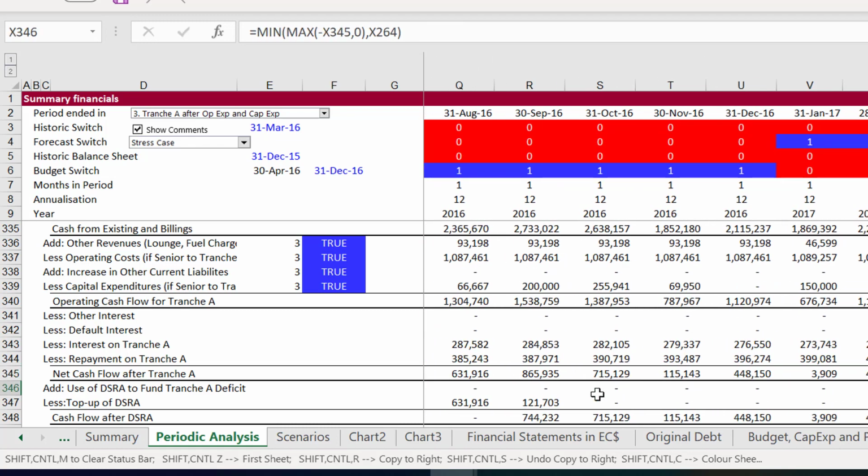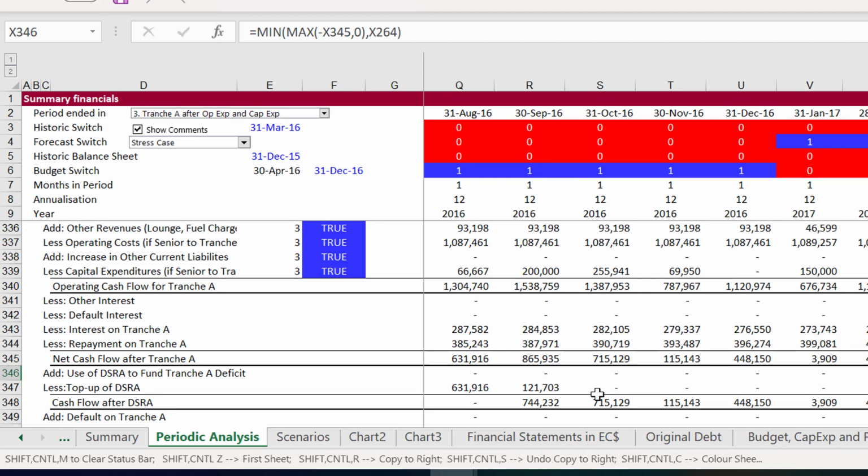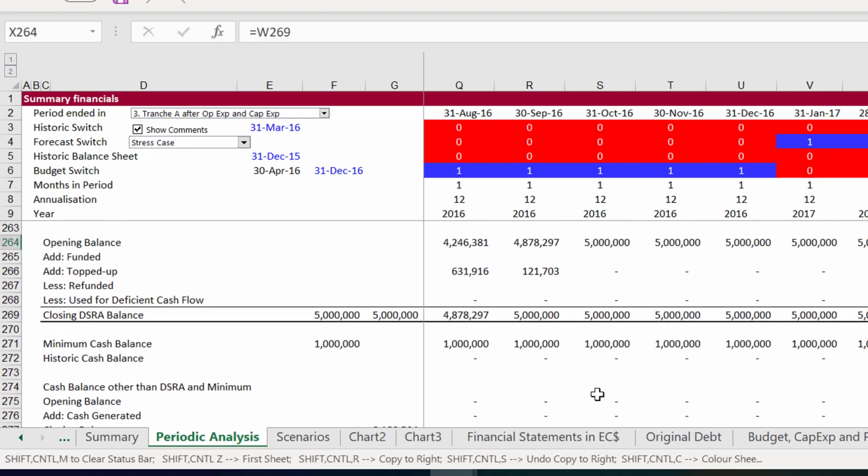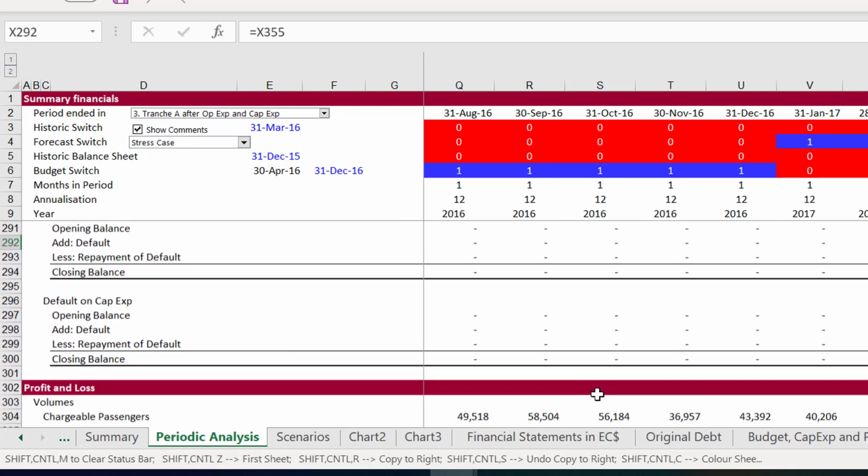When we have a negative cash flow, then we have to use the debt service reserve account. If this is less than 0, we use a maximum of the minus number. And we can only use it if we have cash in our debt service reserve account, so we compare that using the opening balance.